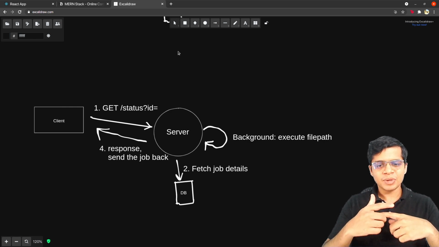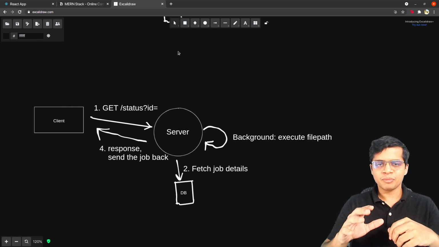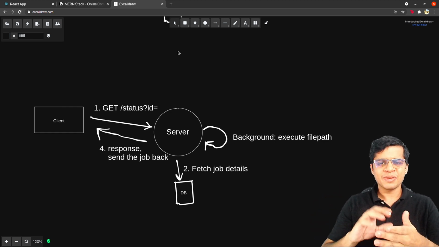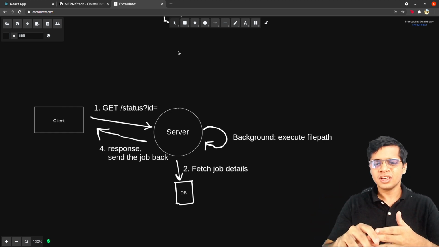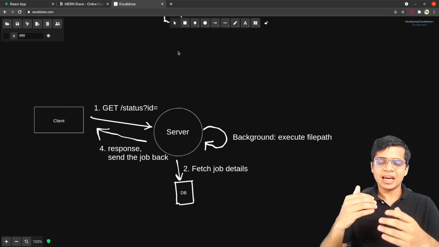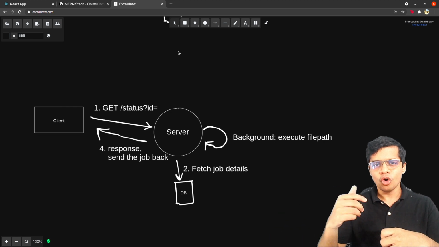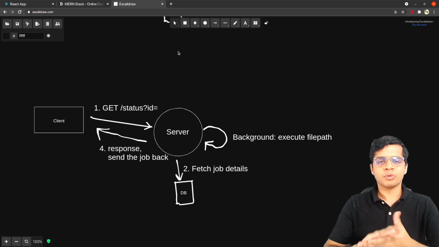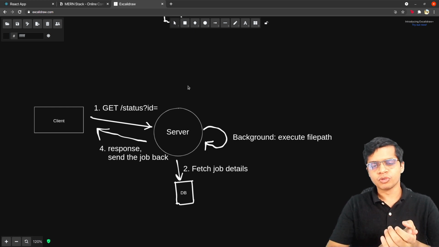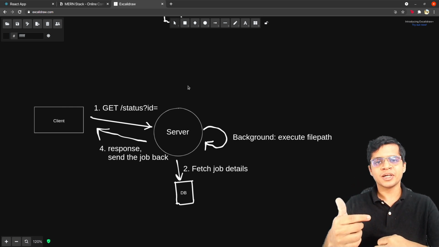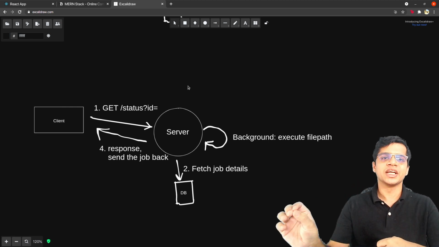Now this will happen continuously until the database knows that the job is completed. So we can have states like pending, success, or error. If it is still pending, the client will keep asking, and as soon as it is a success or it errors out, the client will stop asking. This is what we normally call polling, and you can see examples on websites like Codeforces and CodeChef, where you get updates every 250 or 500 milliseconds, and it's not a live stream of data.